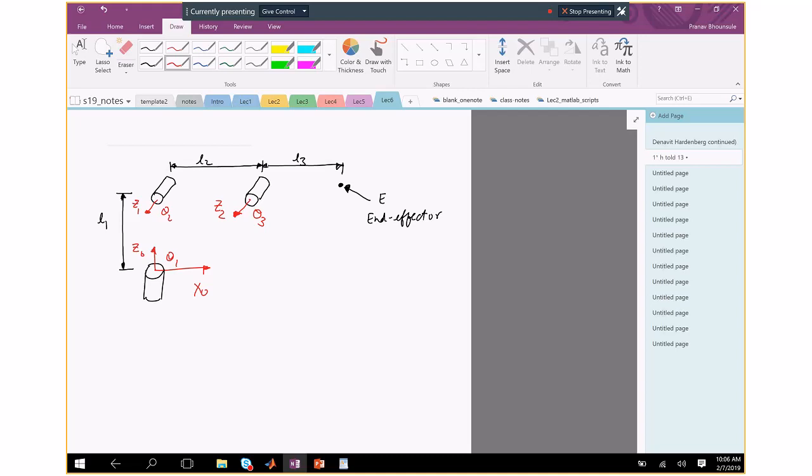Zi minus 1 intersects Zi. So they do intersect, because if you stretch this, it actually intersects that point. So it belongs to case 3C. When that happens, Xi is chosen to be normal to the plane formed by Zi minus 1 and Zi,